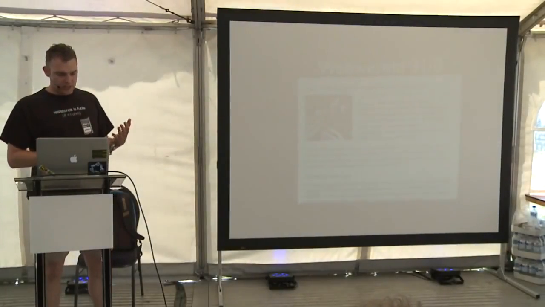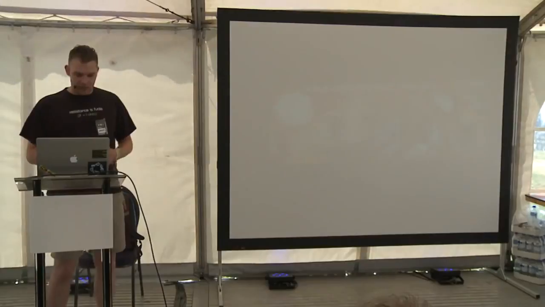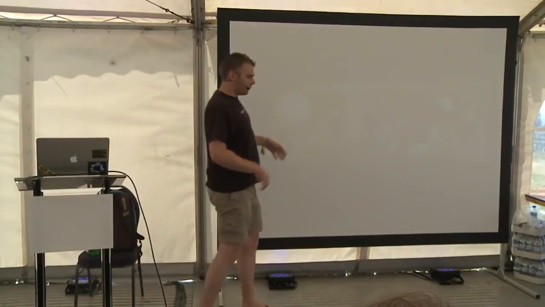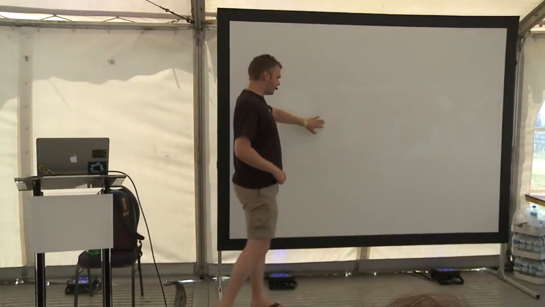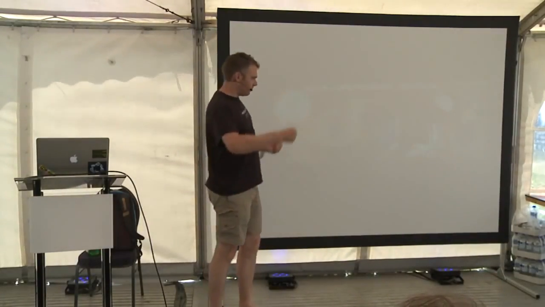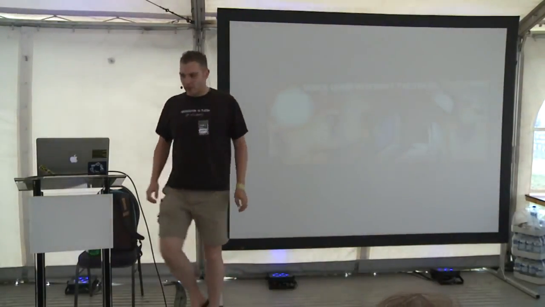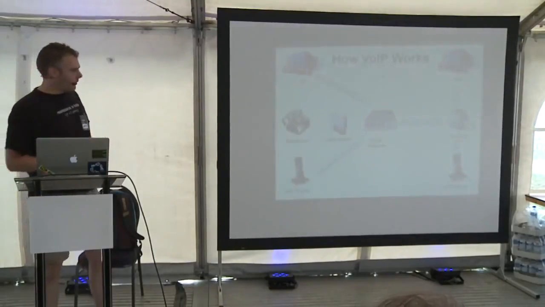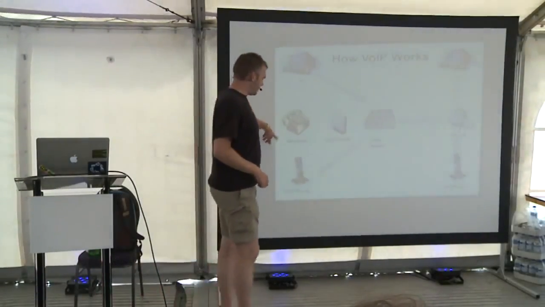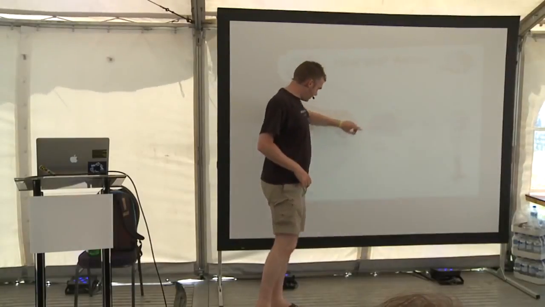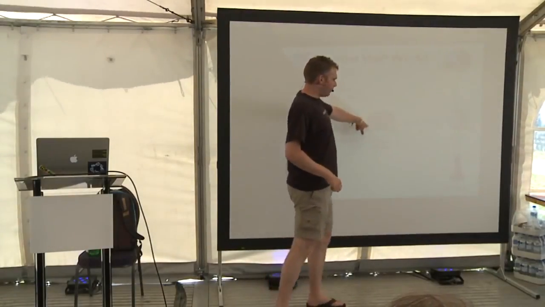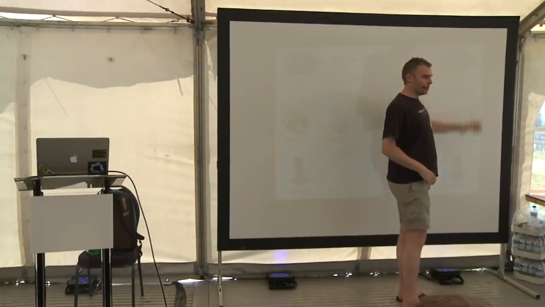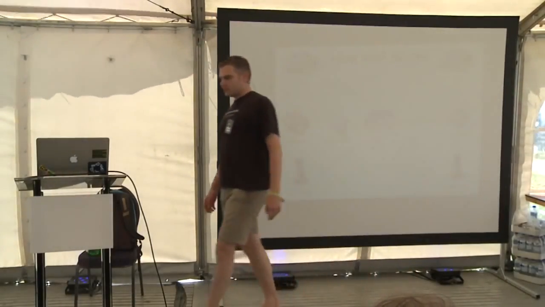It turns out that port 5060 is being used by VoIP, and if you look up VoIP in images, you get somebody with an 80s hairstyle with a very big phone and a very old computer, and that's VoIP. How VoIP works: you have PCs, you have telephones with a VoIP adapter. Everything is hooked up to the cable modem, sends out to the internet, and then either to a VoIP phone or to a PC. That seems to be simple.